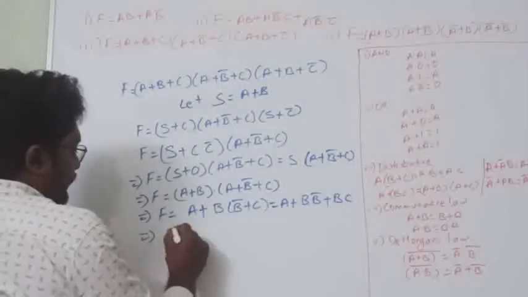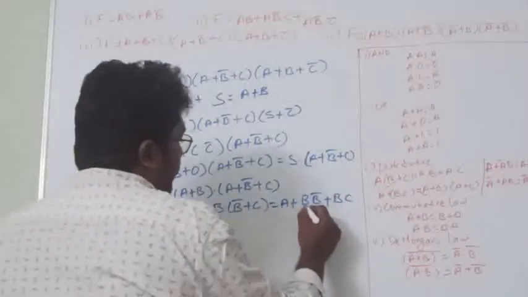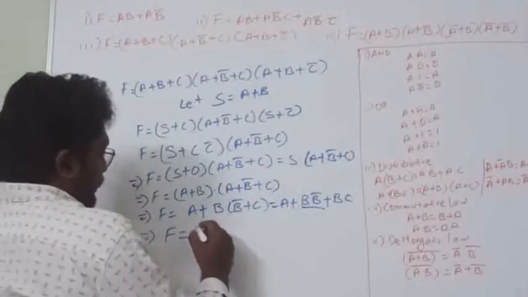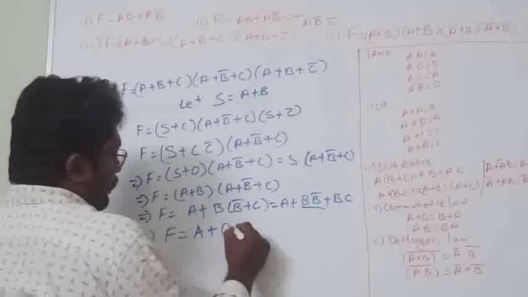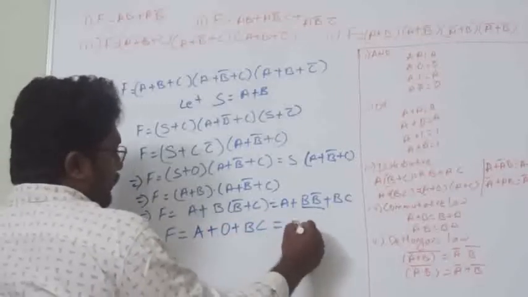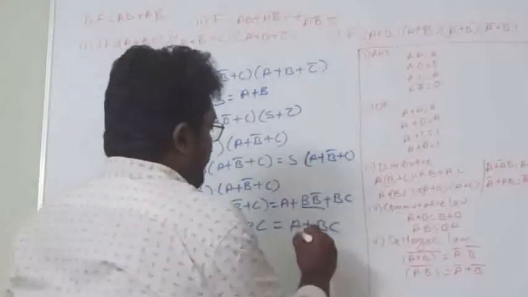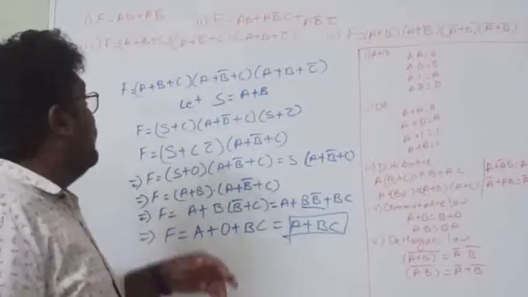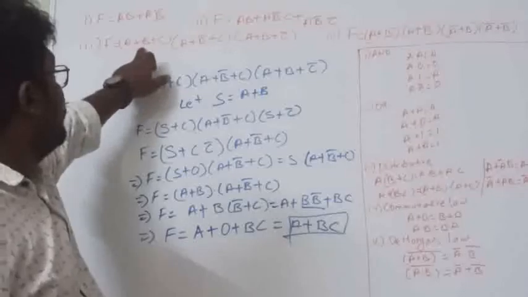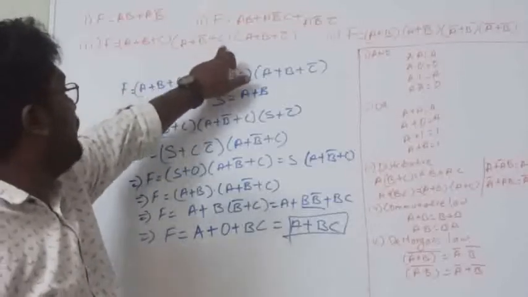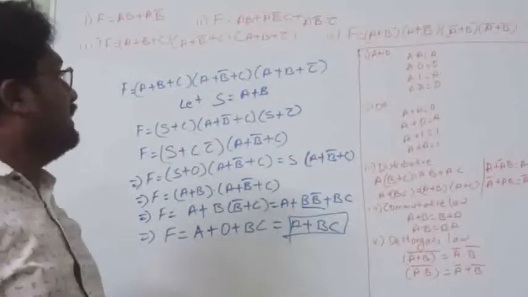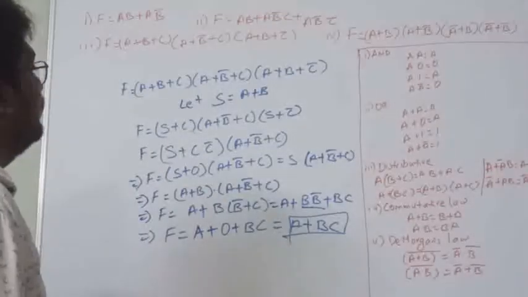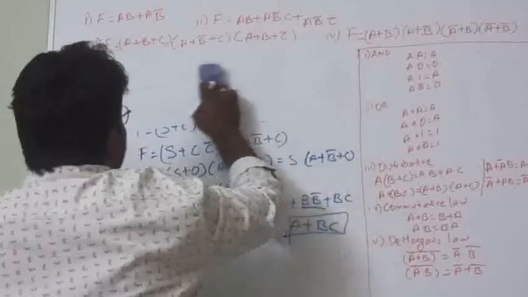So this implies F is equals to, if we observe here, B into B bar, that is A into A bar is equals to 0, that is F is equals to A plus 0 plus BC, that is equals to A plus BC, and this is the final Boolean expression that we have obtained for this given function F is equals to A plus B plus C into A plus B bar plus C into A plus B plus C bar. So now let us see the final example, that is F is equal to